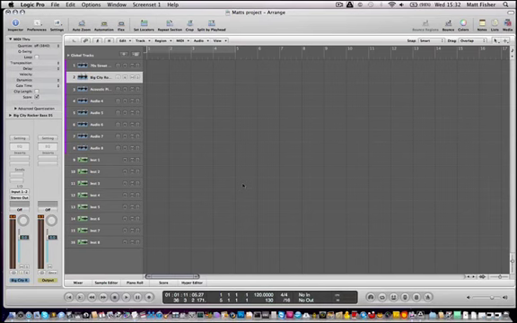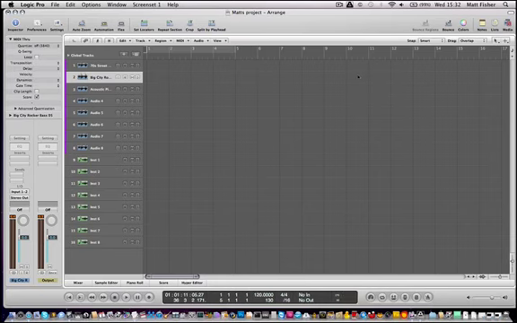Okay, in this video we're going to take a look around the Arrange screen. This is the main screen you'll do most of your work in Logic Pro. On the left hand side is where we created our tracks. Again, we have 8 audio tracks and 8 instrument tracks. Just to the right of that, this great big blank part here is where we start to record and arrange